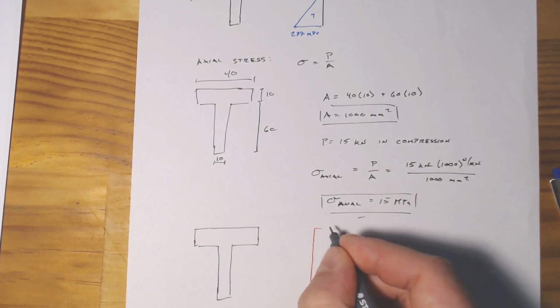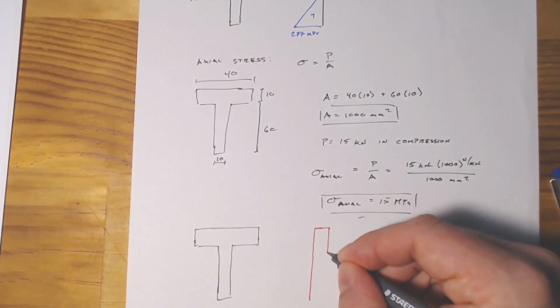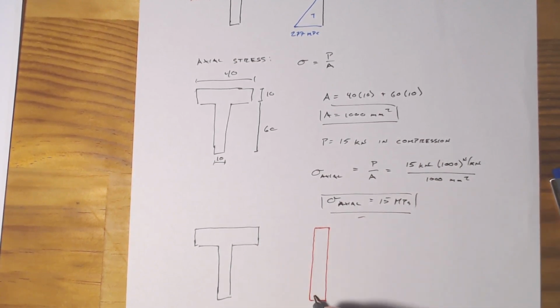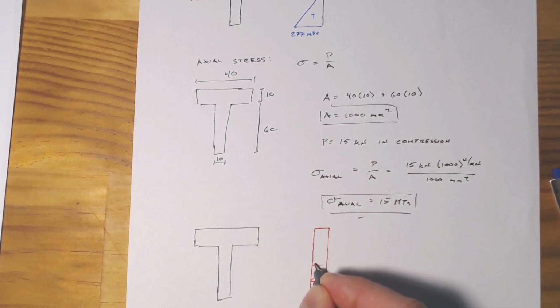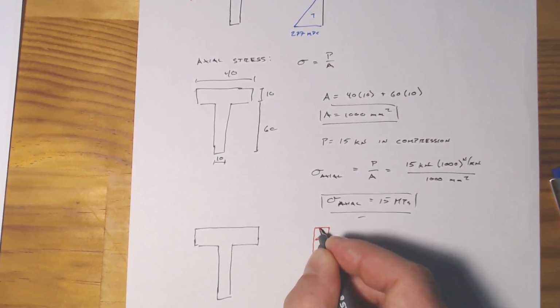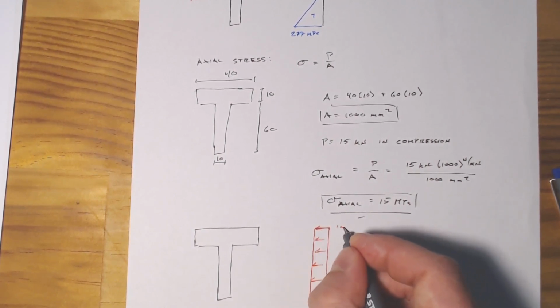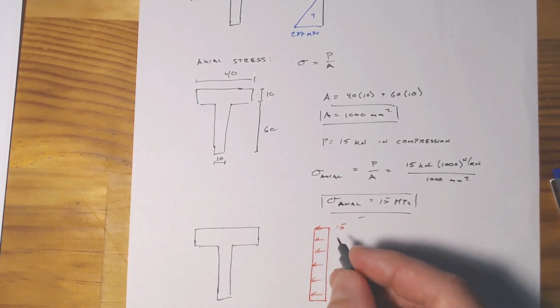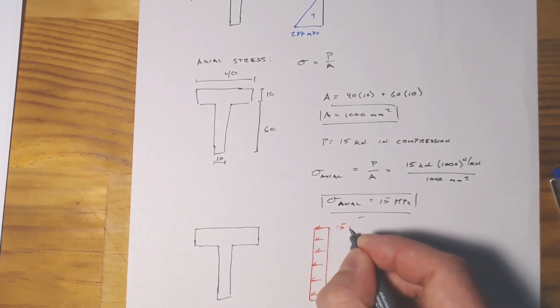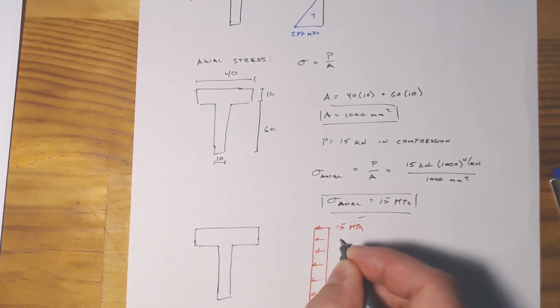Which is simply going to be constant over the entire cross section, just because we're pushing in compression, and our axial load will be applied evenly across the cross section. 15 MPa